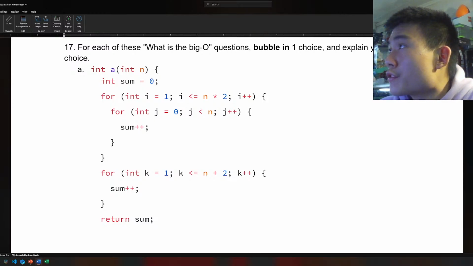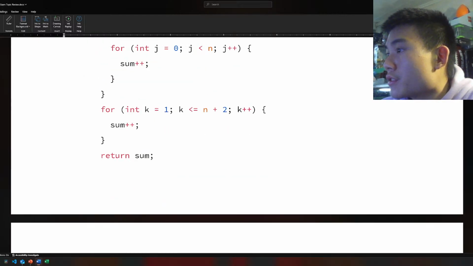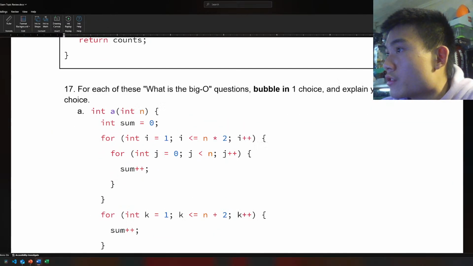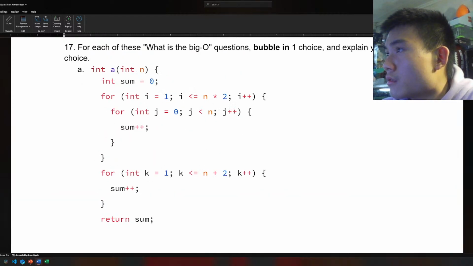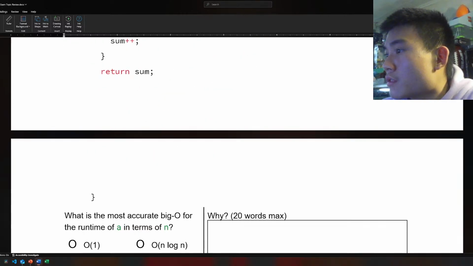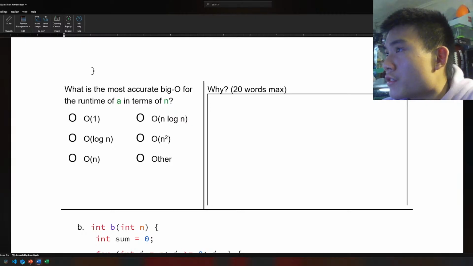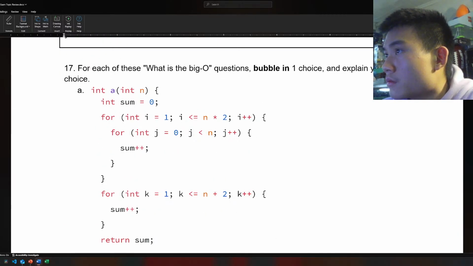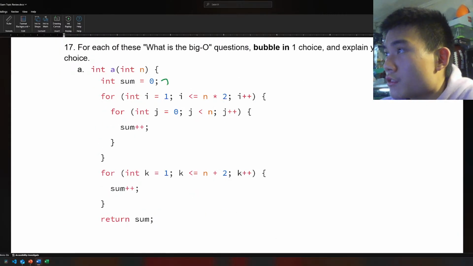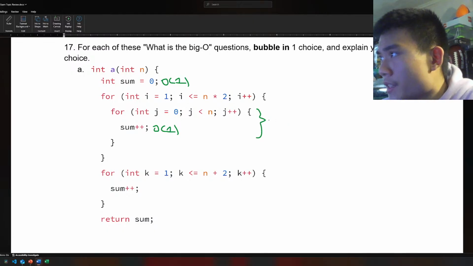For each of these, what is the big O? Bubble in one choice. Okay. So it's just asking what is the most accurate big O. Okay. So O of 1. This is O of 1. This for loop is O of n. This for loop